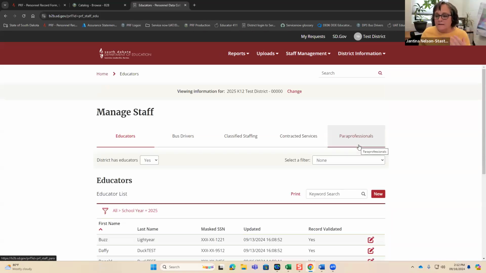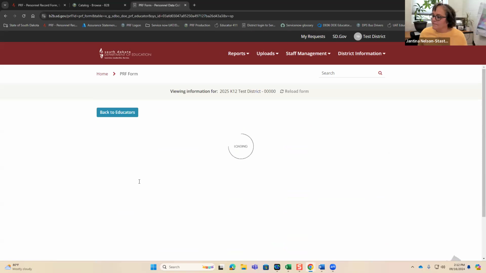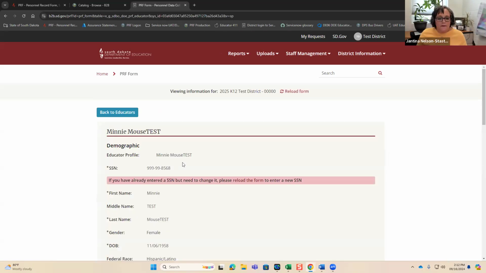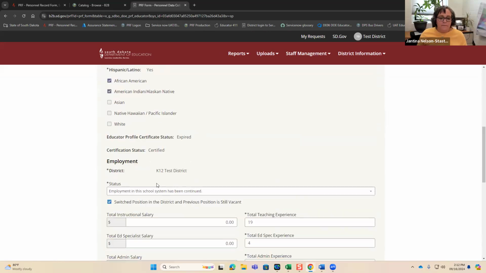Okay, so that was how to add a new employee. Now, for existing staff who sign a contract for 24-25, all of that information is rolled forward for you. So if we look at Minnie Mouse, this information stays the same.